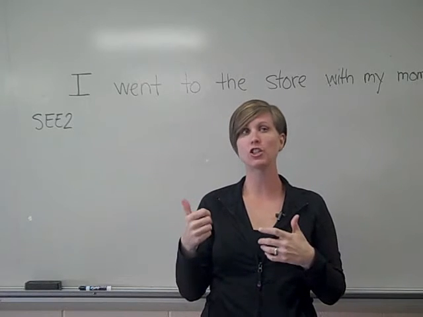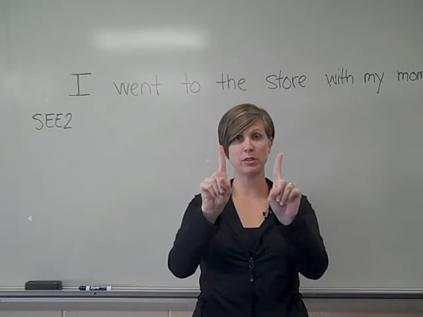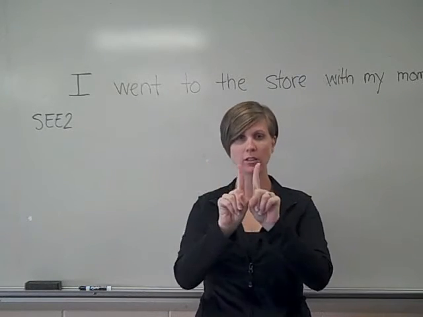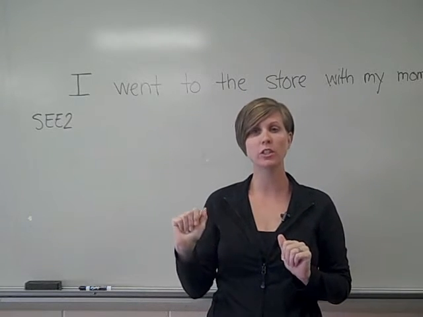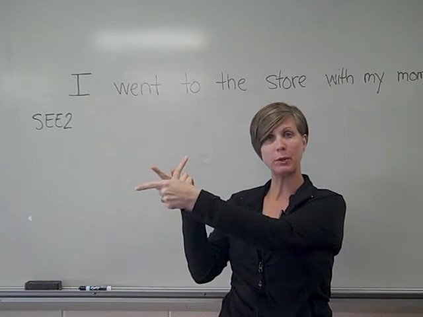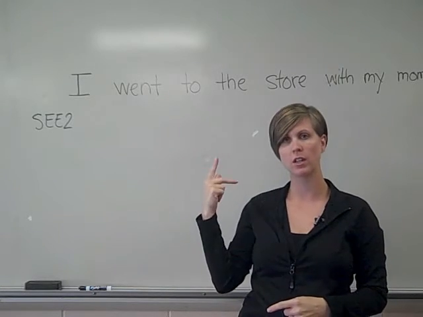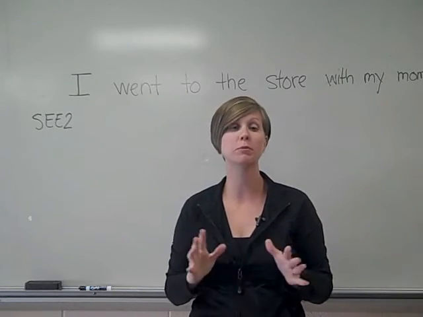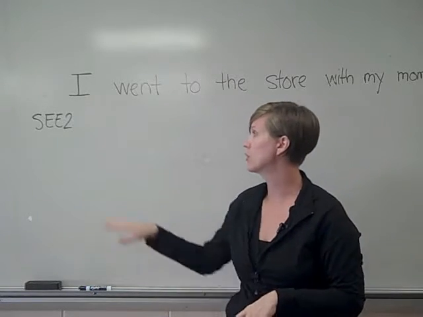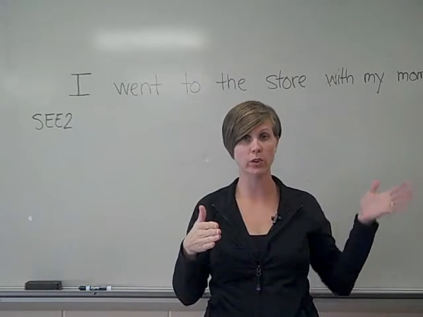And then you also can show that two people are doing something by using your fingers to represent people. Two people are doing something, they're walking or they're going somewhere. You can also, when you're talking about two people, say, using your finger, that this is pointing to that person over there, and this one's pointing to me, so the two of us are doing it. And I just want you to be aware, because I will be using those when I show you some of these signs. Okay? So, starting with C2, which is going to go in exactly the same order that it is written on the board, is going to say,